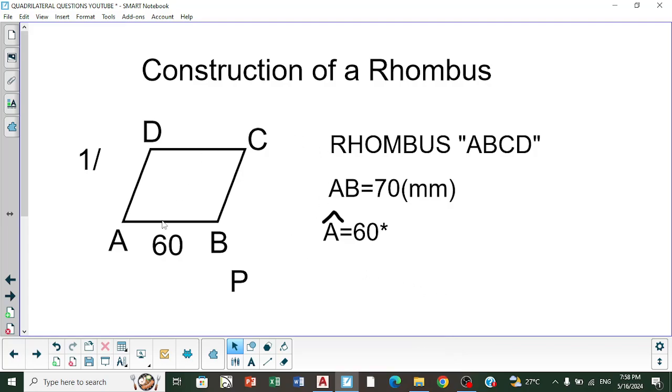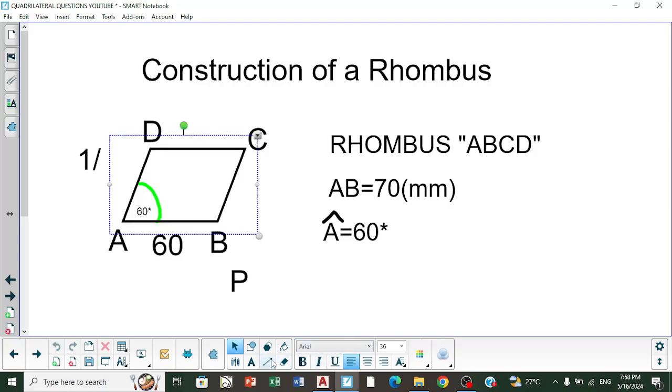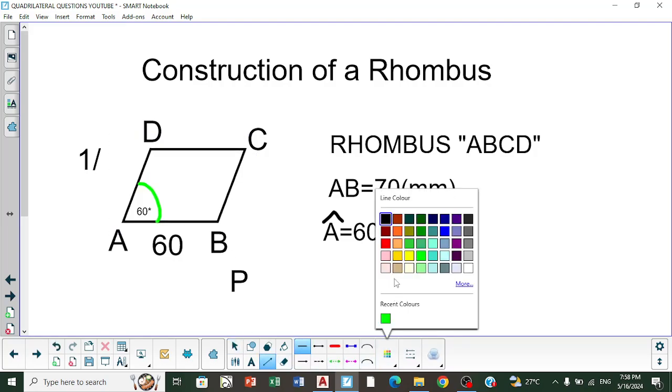Right, so this is the rhombus, right? And the rhombus has a sloping magnitude of 60 degrees, 60 degrees, right? And of course, the angle here is going to be 120. But if we were to draw a light line here, extend this line,